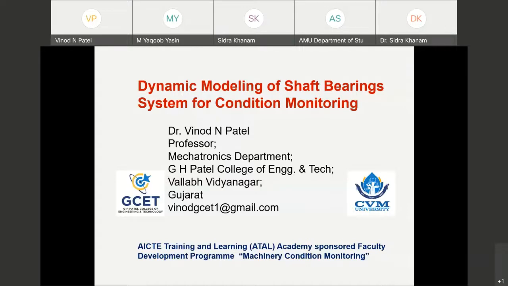He has authored several publications in reputed journals like ASME Journal of Tribology, Journal of Measurement, and Journal of Advances in Acoustics and Vibration. He has presented his work in various national and international conferences of repute. Dr. Patel has also got a patent to his credit. He has also served as a reviewer for many journals like Journal of Tribology, Journal of Measurement, Mechanism and Machine Theory, Applied Mathematical Modelling, and many more. Now we listen to the lecture delivered by Professor V.N. Patel, and this lecture will benefit all of us.